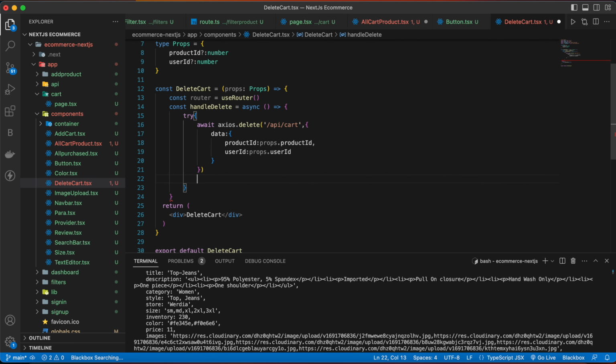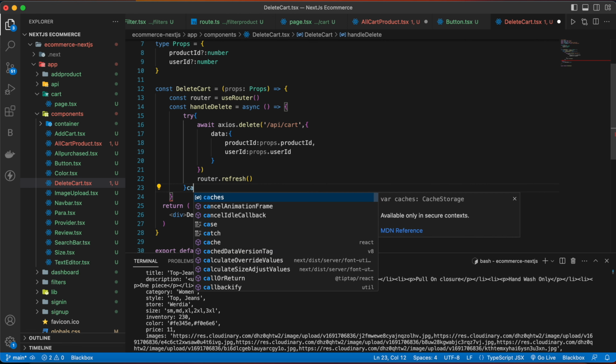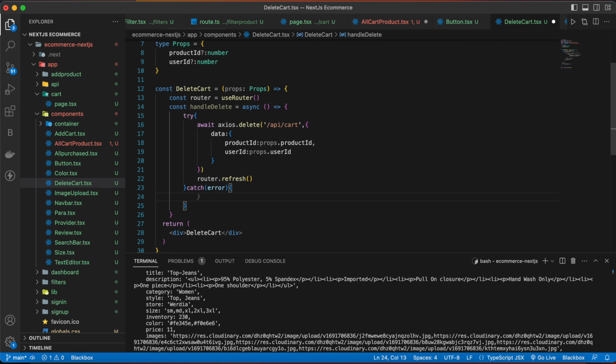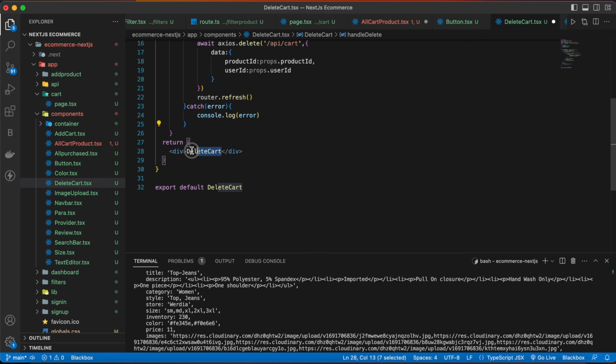And after that we are going to refresh the page. So router.refresh, and then we are going to catch the errors. So catch error, and inside the error we are just going to console that error. Now inside our JSX, give this a class name of cursor-pointer, and then on click,